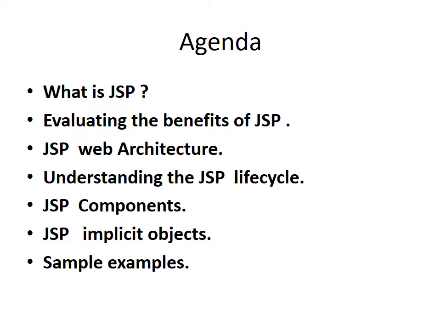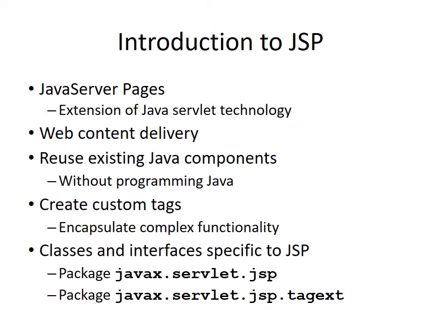Like in servlets, the user had to use the class, then create an object and then use the methods provided in that class through the objects. So the code was very complex actually when you write the servlets. So JSP provides the implicit objects, that means the user need not create them. They are implicitly available to the user. User can start directly using them. We'll see how we use them and some sample code of the JSP.